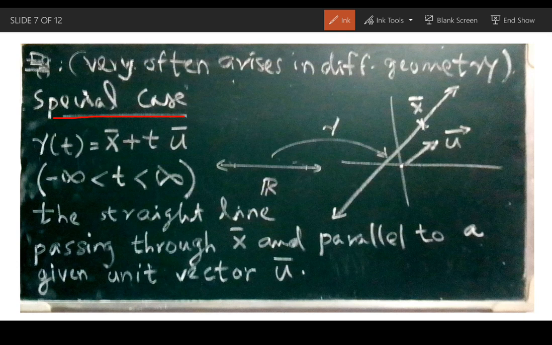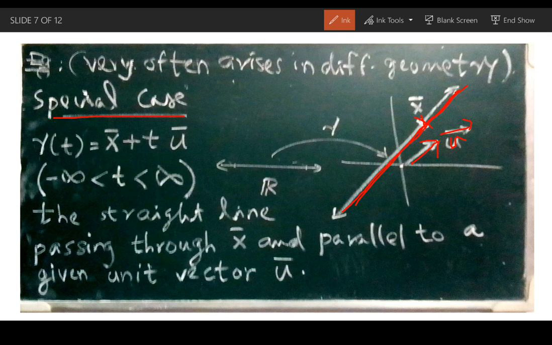So look at a straight line in Rn. I have shown the figure of R2. So take a vector x here. You have a straight line passing through the point x in this direction. So I want to parameterize this line. How do you parameterize? To know the direction, I need a unit vector in that direction. So this is that unit vector. Call it u. So I want the parametric equation of a straight line that passes through the point x and is parallel to the unit vector u.